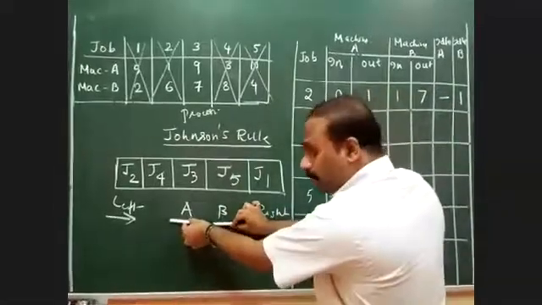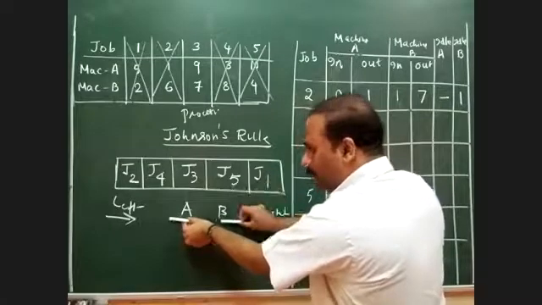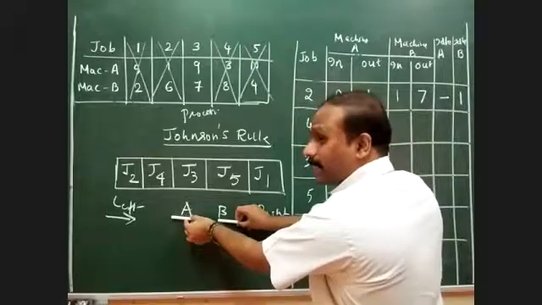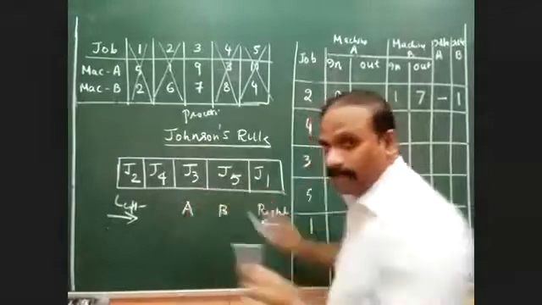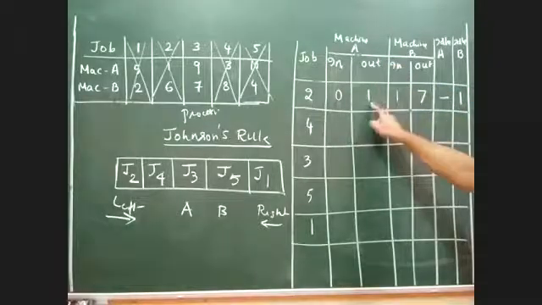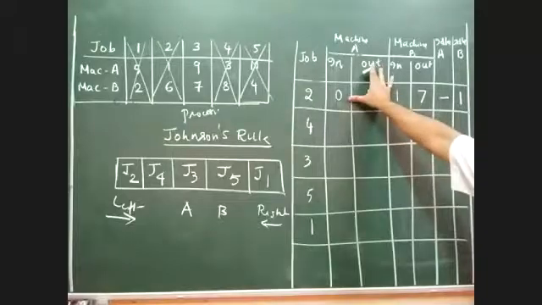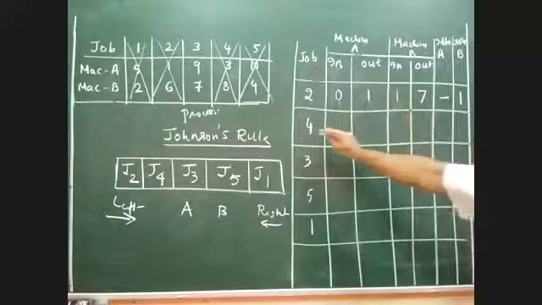So when does the second job come? The moment the first job completes, immediately I can give the second job to B. Then the new job will come. Do you all understand this logic now? Now can you please tell me what time the second job should start? Job number 1, 4, sir. Machine A is free by the first hour. As soon as 1 hour is over, the machine is free, because the job is already given to machine B. The moment 1 hour is over, the next job can be given.